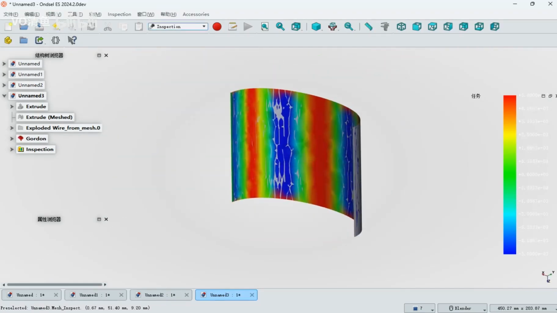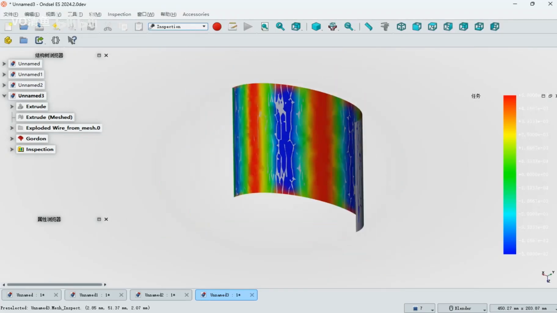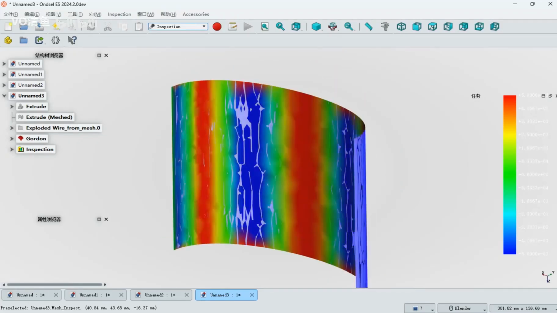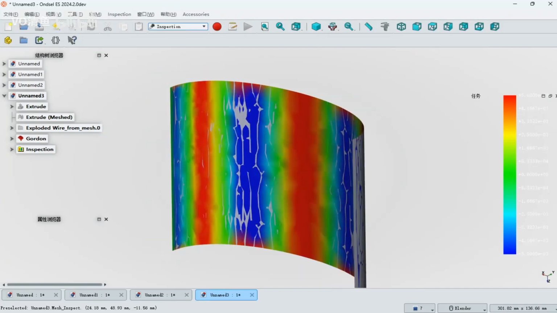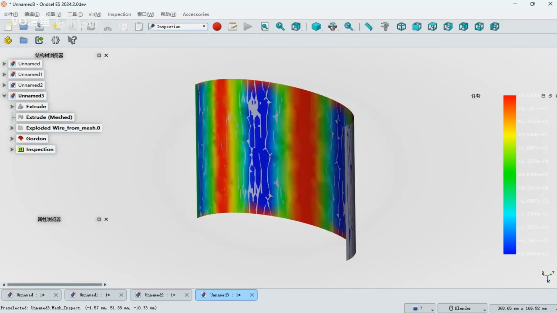All right, so these are some strategies and methods for model repair and reconstruction. Of course, in this video, the coverage is relatively broad. I've simply shared some repair and reconstruction strategies that I've encountered in my work. I wanted to share them with you because in model repair, some issues, some more complex repair scenarios, I may not have even encountered myself. So when you're working on projects, whether you're a maker involved in 3D printing or any other related field, you